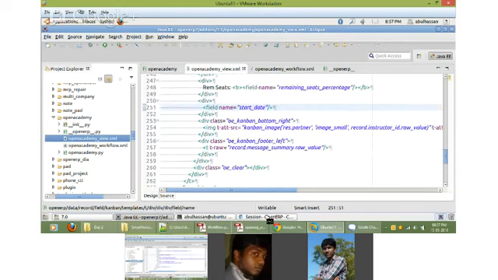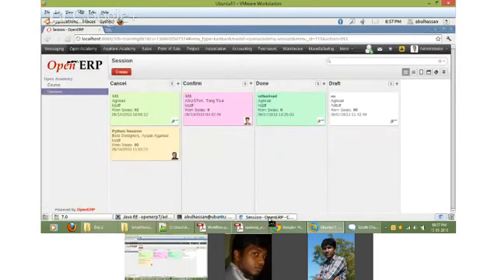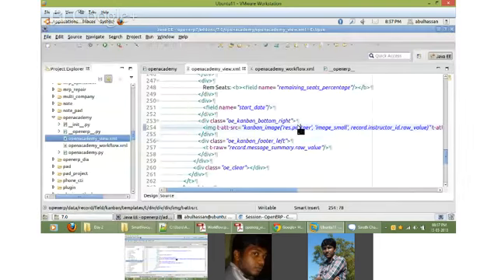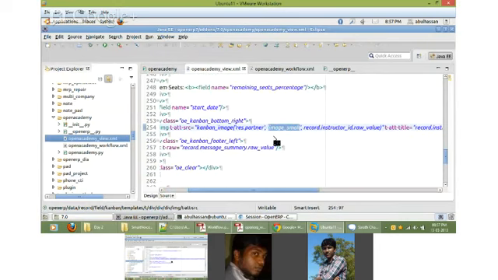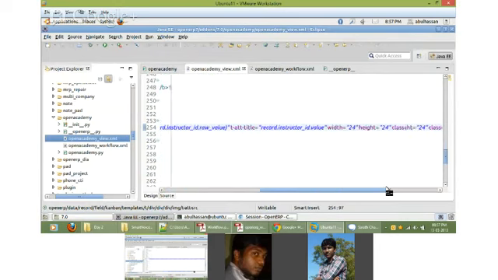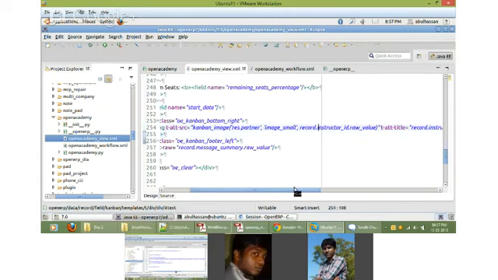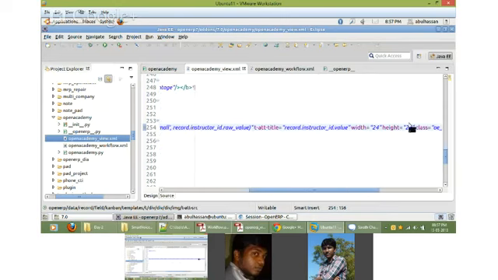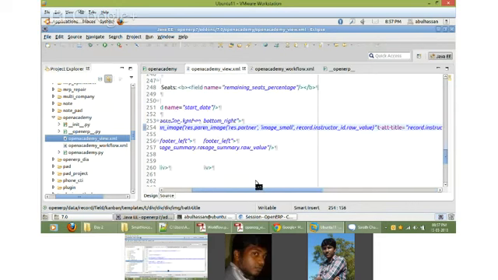And after that, there is something called image. We have given the partner image. There is an image within the partner module, which is the image field. You just copy paste this. Let us not get into this detail. You just have to pass that. Partner is nothing but instructor. Instructor is taken from partner, right? You just have to give the instructor ID here, wherever the ID comes. What we did is copy paste from CRM and change this ID. That's all.